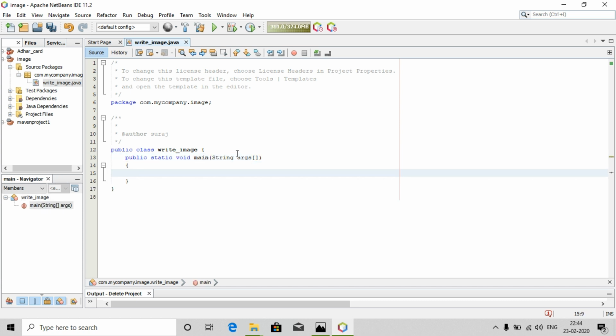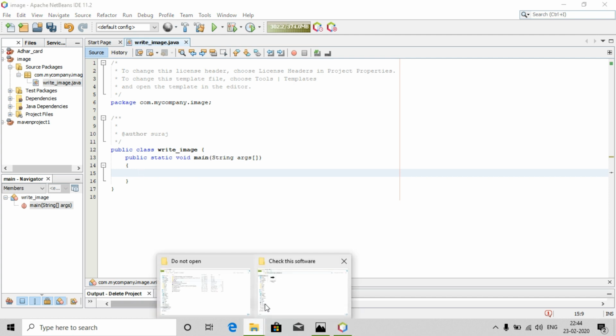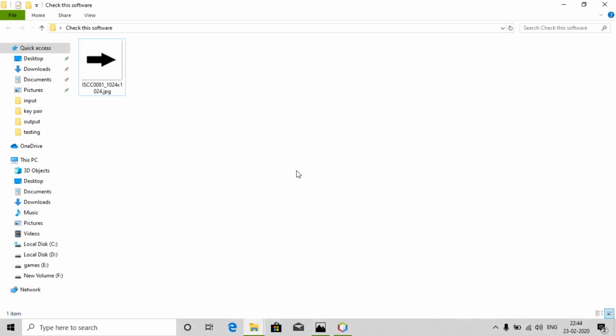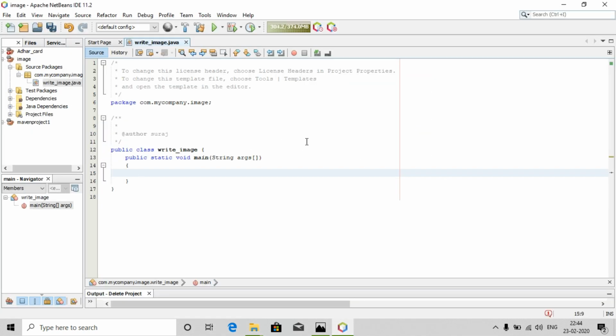Now in order to write into images, first we need to take the path in which the image is stored. So this is my path in which the image is stored. I need to first copy it. I'll right click and copy. Then I will go to this and I'll create a string path is equal to this. Okay, so you can see that I've created a string named path variable in which I've stored the path for